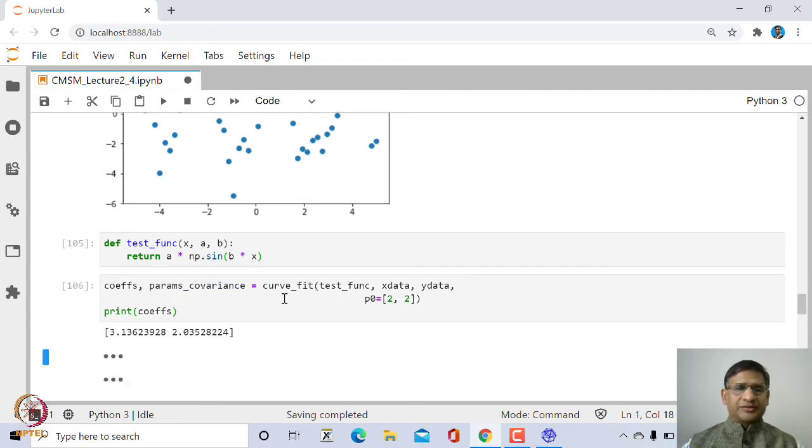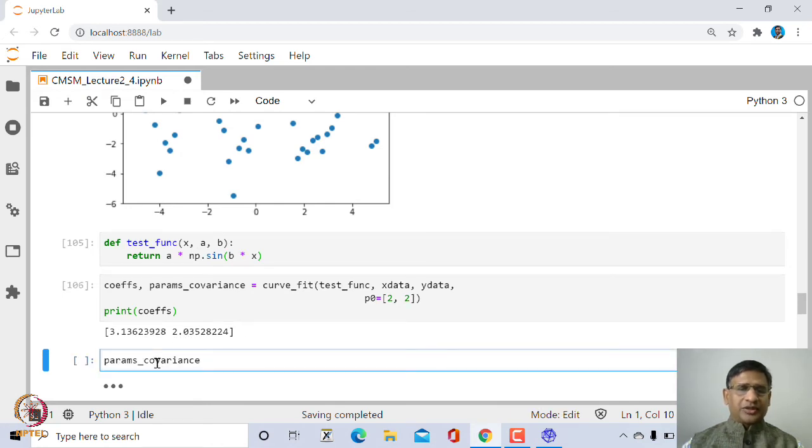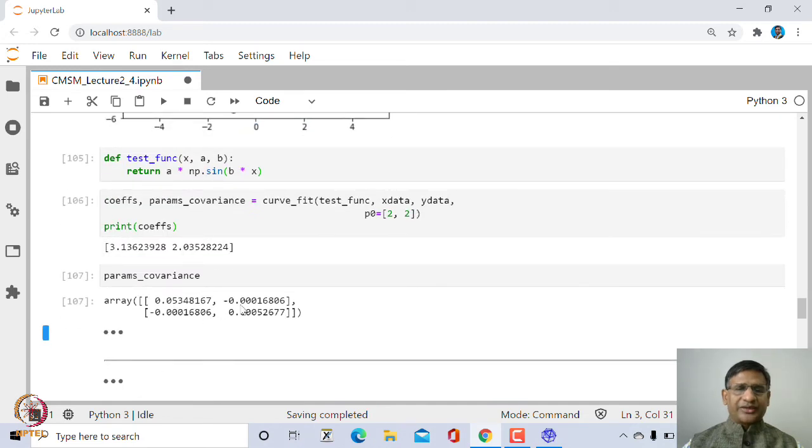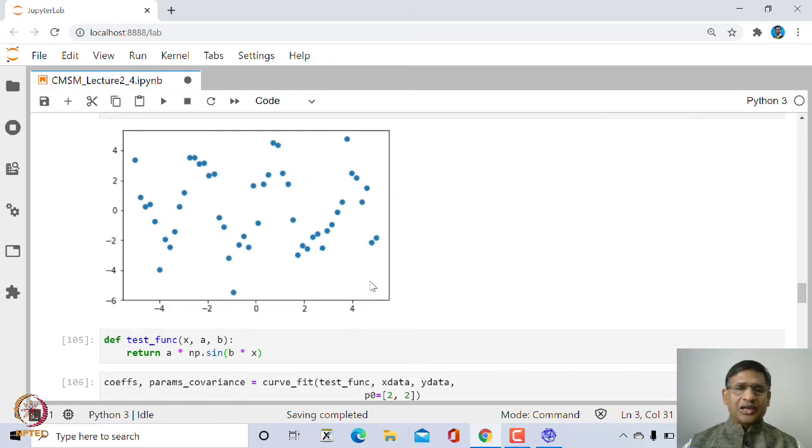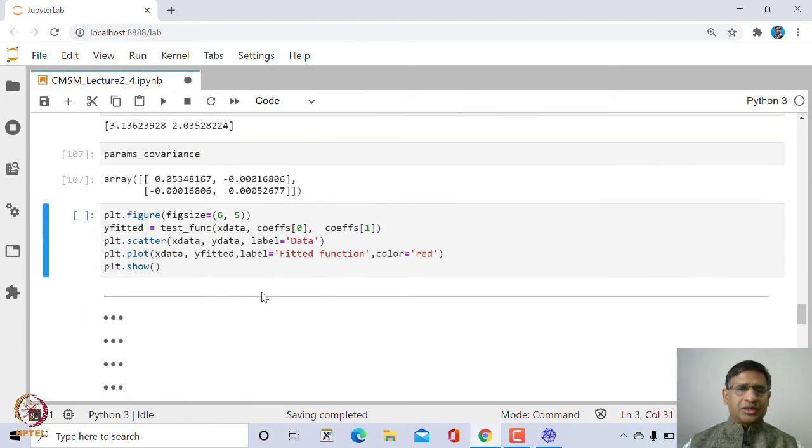So let us run this, and it finds value of a as 3.1362, value of b as 2.035, and you can also print the covariance matrix. So this is the covariance matrix of a and b, and then you can plot the set of points along with this fitted curve.